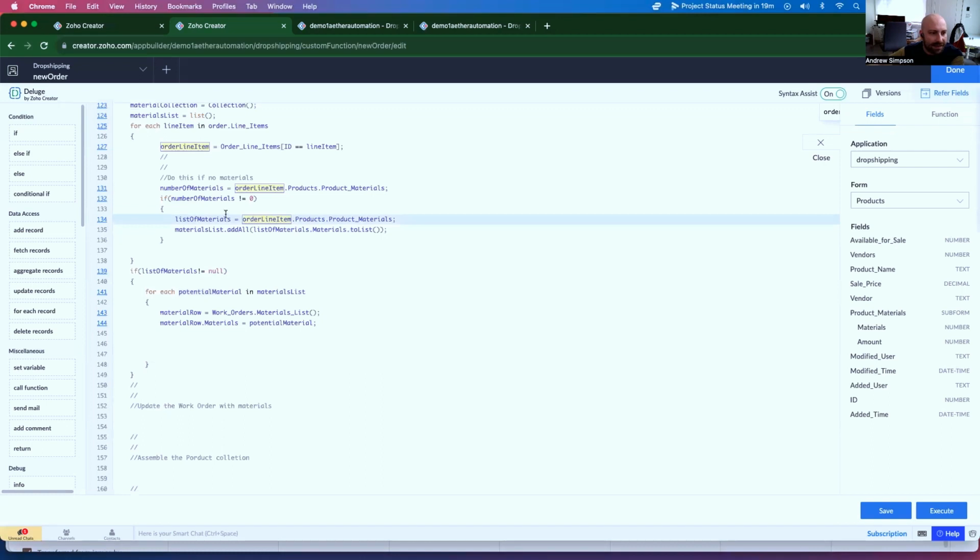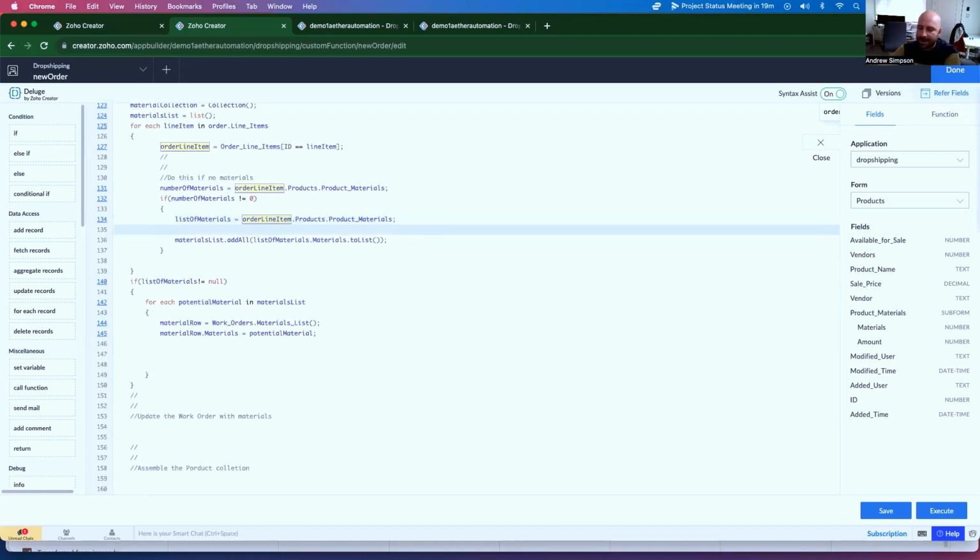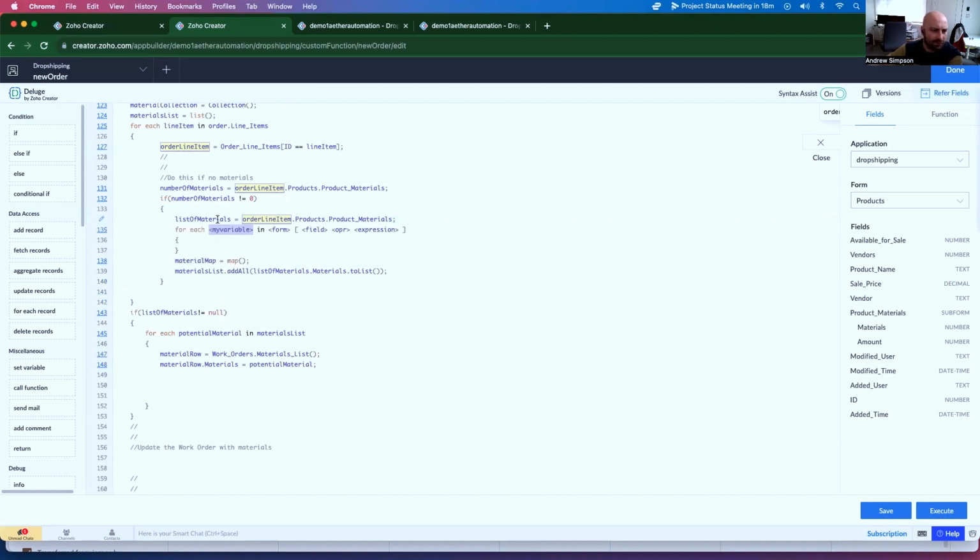So we're going to go back up to here, and we're going to make a map, material map equals map. And then we actually want to iterate through the product materials, and we want to do that here. So for each list of materials, material to add,